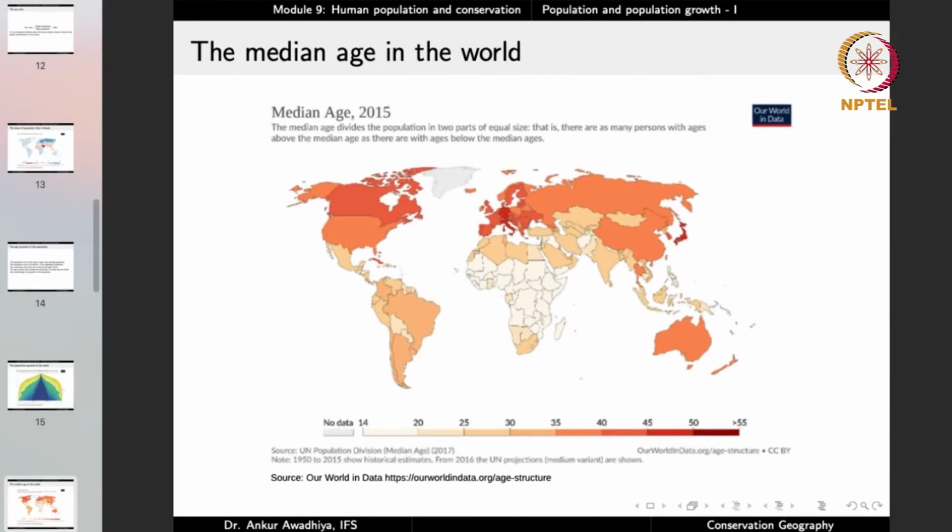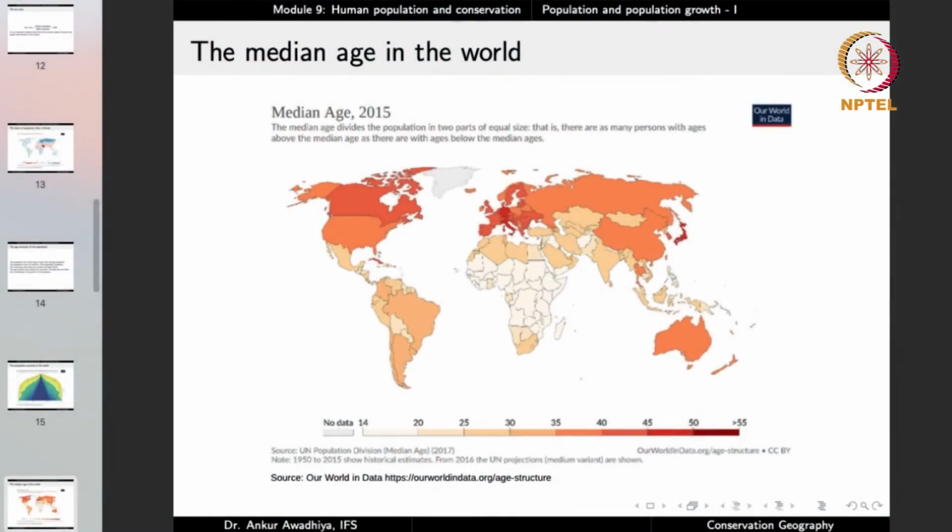We can also look at the median age in the world. The median age divides the population in two parts of equal size. That is, there are as many people with ages above the median age as there are people with ages below the median age. And so if we look at the world population, then in certain areas like Japan, we have a high median age between 45 to 50 years. It shows that we have as many people above 45 years of age as we have people below 45 years